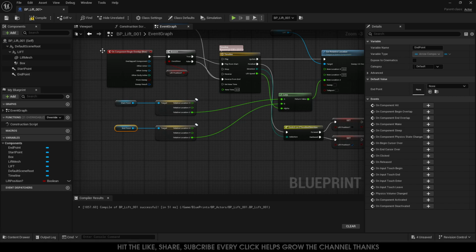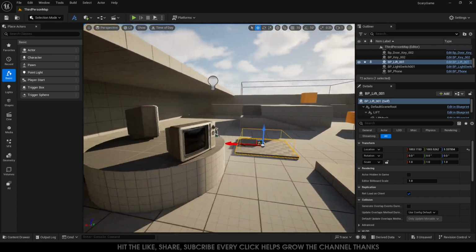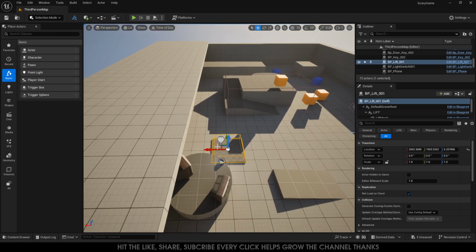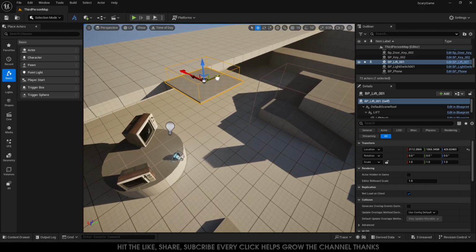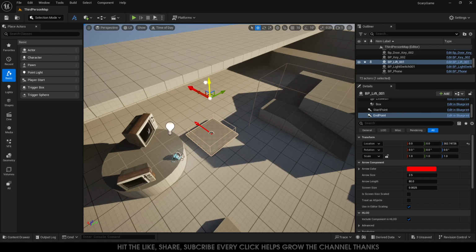And that's all we need. So if I hit compile and save, if we now go to our editor, now instead of us typing 200, we can move this into position, so where we want it to start and end. So let's get closer to this platform up here, right? And so we want it kind of ending here. Let's move it across so it's not too close to that. And let's say this is a start point. So let's choose our arrow, so endpoint, and move the endpoint up